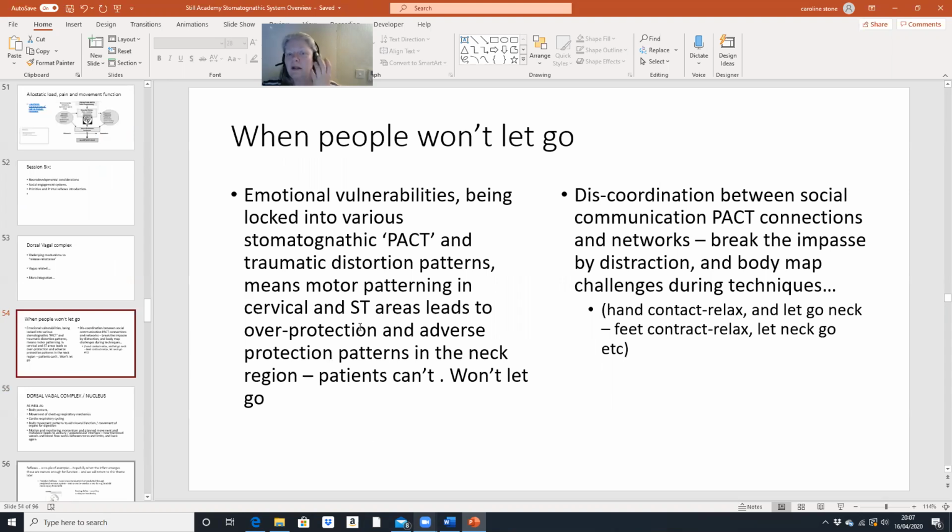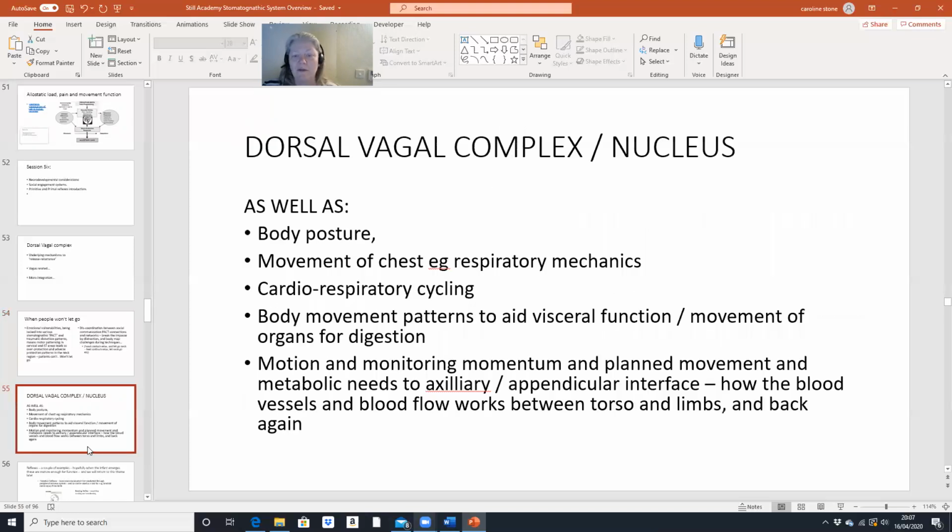So we can talk about how we need to have a sort of pact within our bodies and our engagement system so that we can help identify those people who are locked in, and so rather than palpating just the facets and just looking at the mechanics of the face, we can begin to try to understand where they're at with respect to these higher order dynamics, because it's certainly true that the way that your autonomics build up leads you to have motor patternings which are then going to fix your stomatognathic system. So any amount of unwinding isn't going to release those until you've understood in what ways they've been sort of